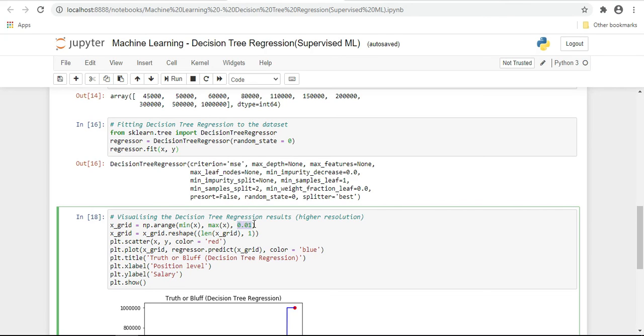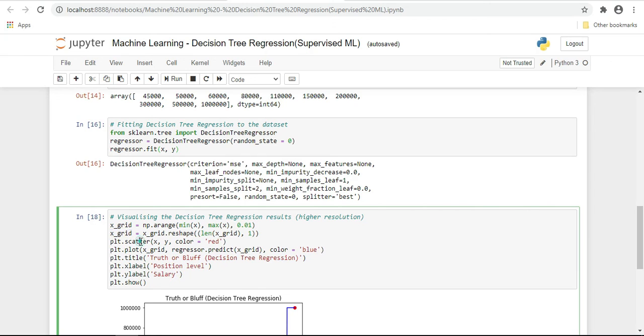It will take 0.01 steps between the minimum of x and the maximum of x. Now we store this into the variable x_grid. After that we reshape it, storing in the same variable, x_grid.reshape. How do we reshape? With the length of x_grid. Suppose its length is 10. So x_grid of 10 means 10 rows and one column. So we reshape and store it in x_grid.